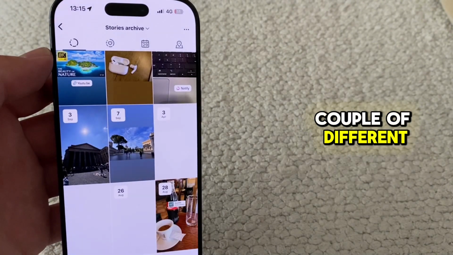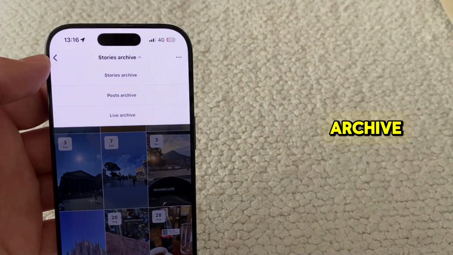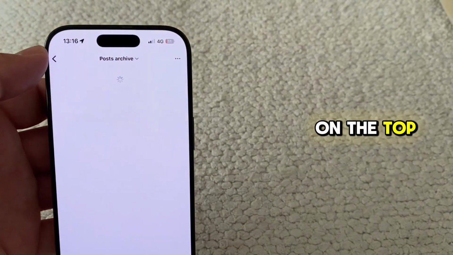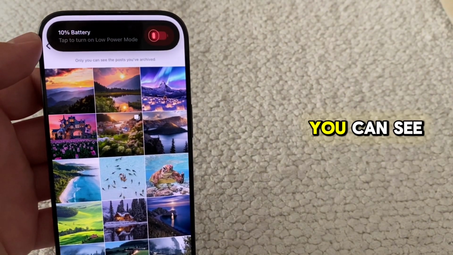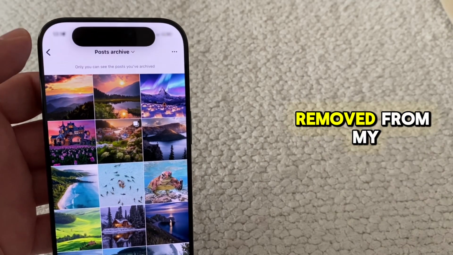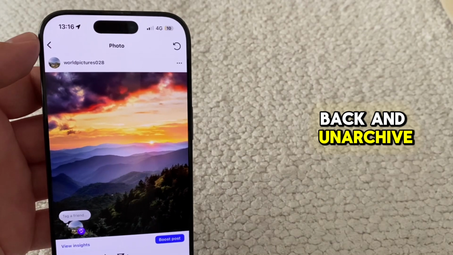Instagram gives us a couple of different archive sections. Mine currently shows me my Stories archive, but let's tap on the top and change this to the Posts archive. You can see which posts I've removed from my profile, so in order to get them back and unarchive them,